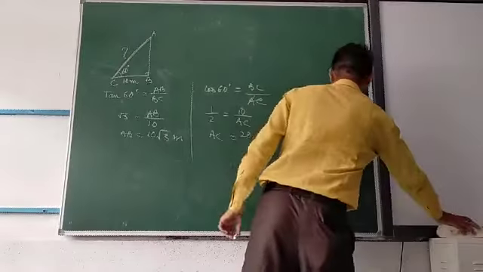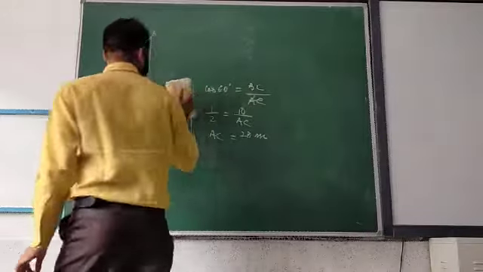So whatever you need to find, just compare with what is given. In this case, this was given. Okay. So compare this with what you need to find. Is it clear? Once we do 1, 2 questions, that means few questions, then you will understand easily. This one is clear to everyone?